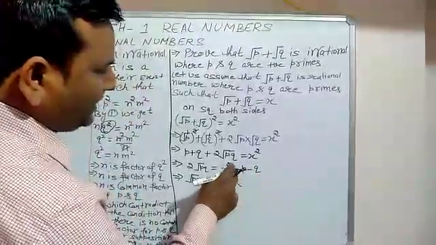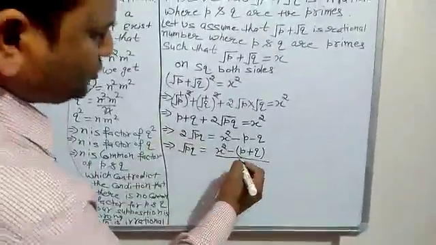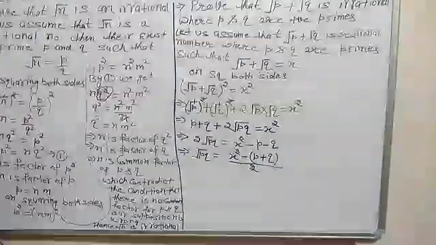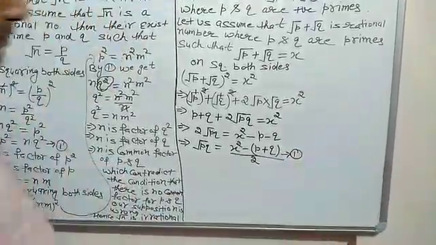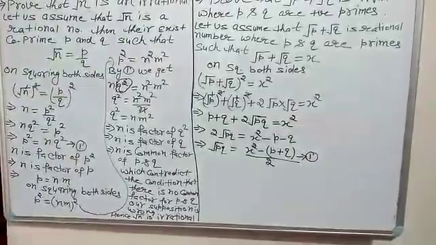If you want to take your negative common, that is your choice. So inside the bracket it becomes positive and this 2 goes to the other side and divides. Be careful while solving your equation. So this is our equation number 1, and one of the most important equations in this concept for this type of question.